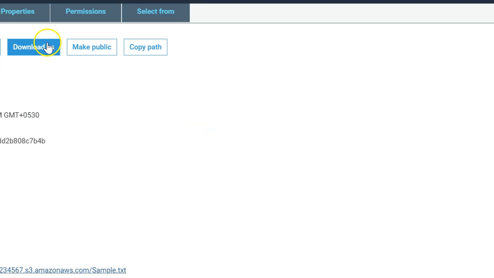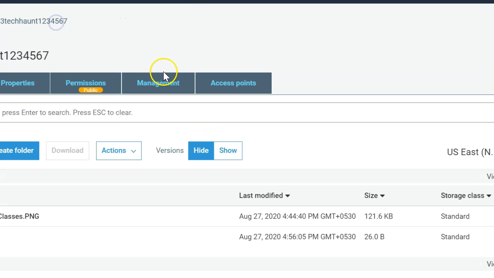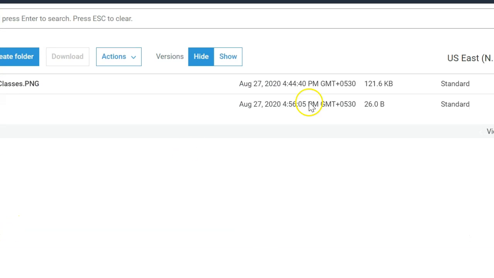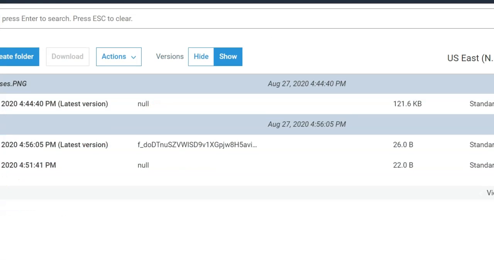So now we can see this one. Okay, so now let's move to what happened after enabling the version. As of now, you can see only two files, but if you just hit this show button, you must see two files of sample.txt file, and one with the latest version. You can see the sample.txt. We have two versions, with the latest version, and the last one that doesn't have any version ID, that is null. And you can see it has the latest version.